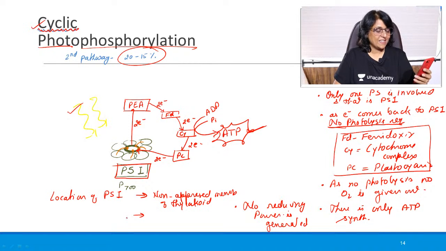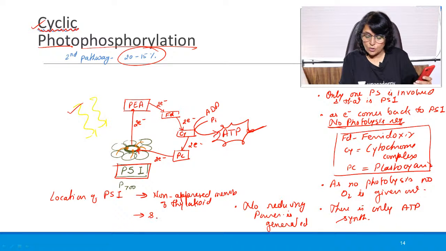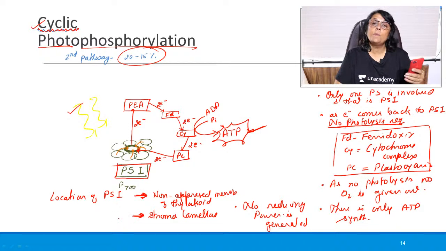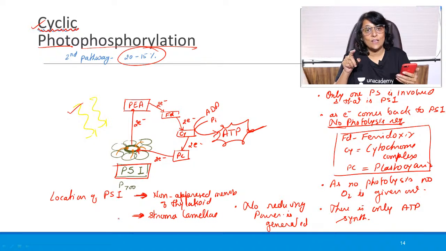Amazing creativity has answered that pigment has to be in the membrane. Stroma is the jelly-like material, matrix. Kalai has answered stroma lamellae. Okay, it is stroma lamellae. So now you know where PS2 is located. PS2 was in the appressed part and PS1 is in the thylakoid membrane, that is non-appressed part, and in stroma